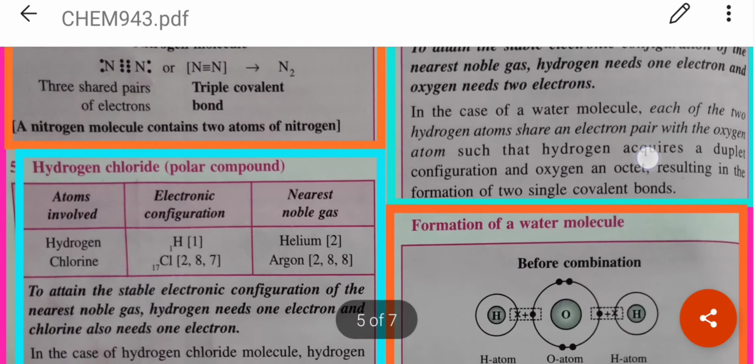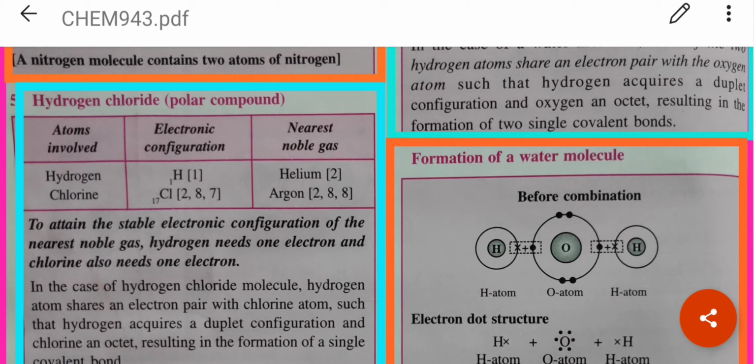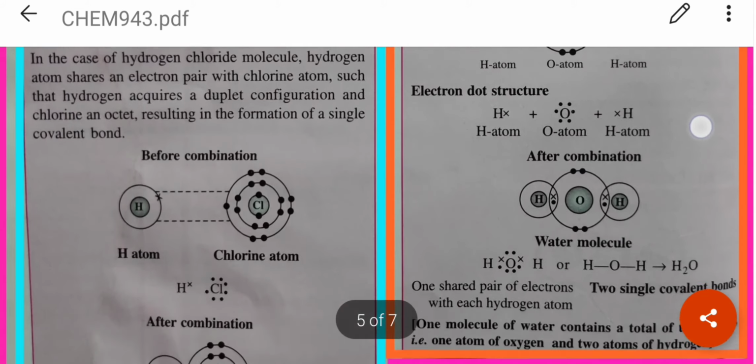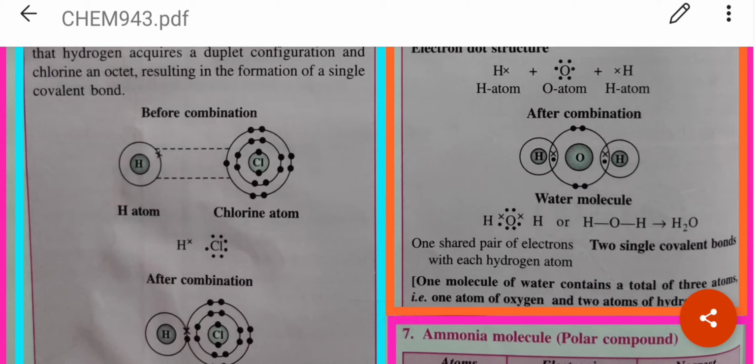So here also hydrogen has 1 valence electron, oxygen has 6 valence electrons. So oxygen needs 2 more electrons, hence it combines with 2 hydrogen atoms. As you can see here, after combination, what do you see? Oxygen has 6 valence electrons plus this 2, it becomes 8. 6 plus 2, 8. And hydrogen has become stable. 2 valence electrons here, 2 valence electrons here. In this way, a water molecule is formed by the combination of 2 hydrogen atoms and 1 oxygen atom.